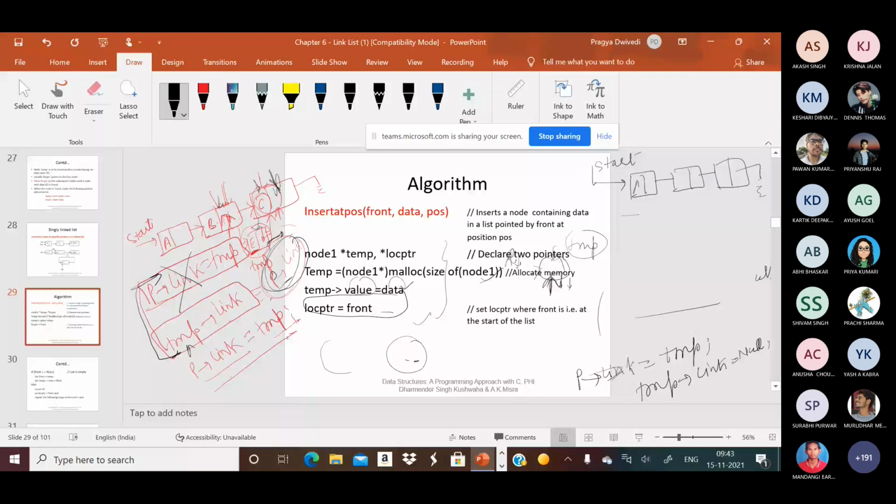Like C node you want to insert, at a specific position like third position if you're talking about this list, or before D node we want to insert this C node, or after B node we want to insert C node.